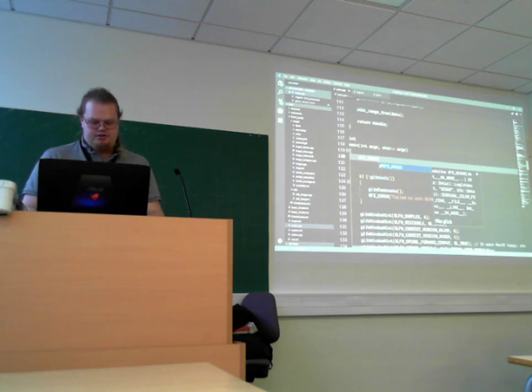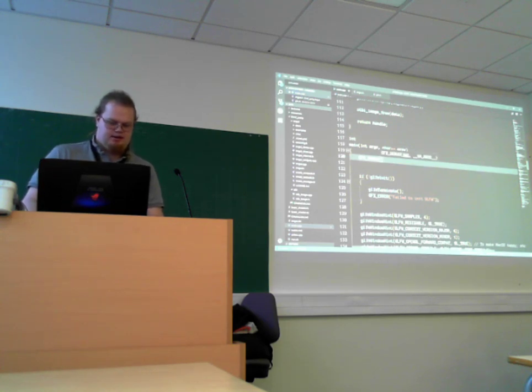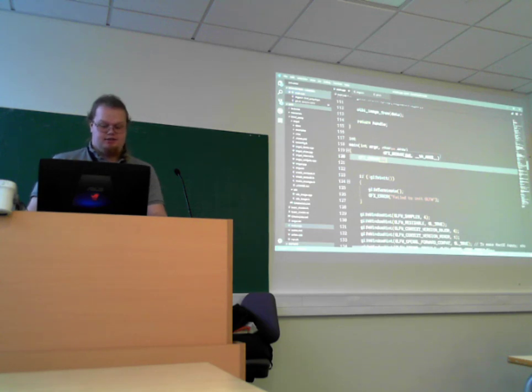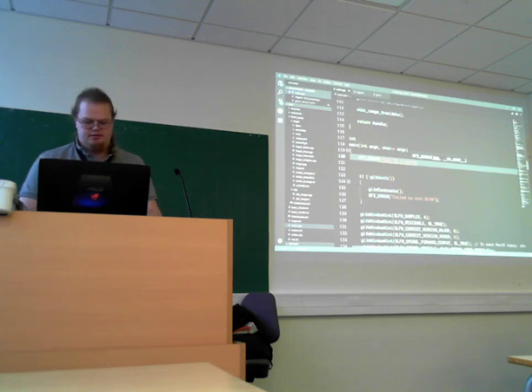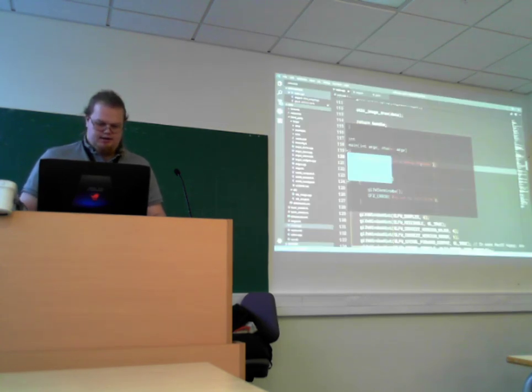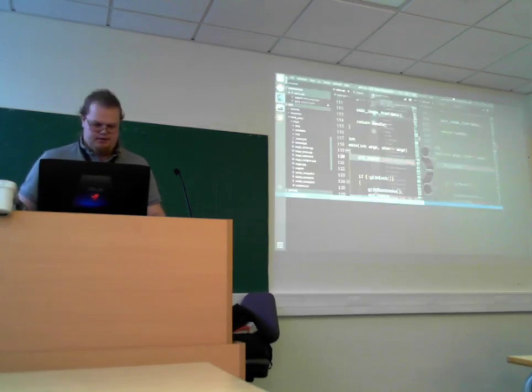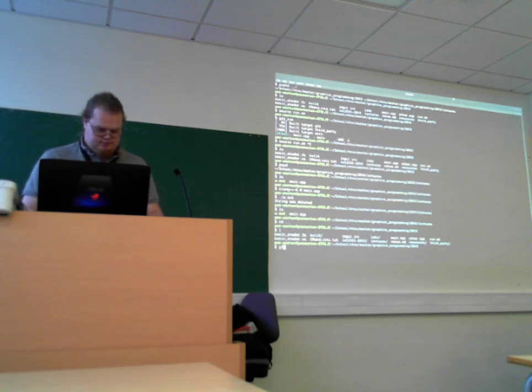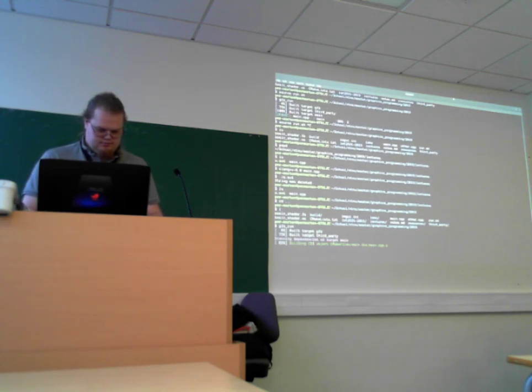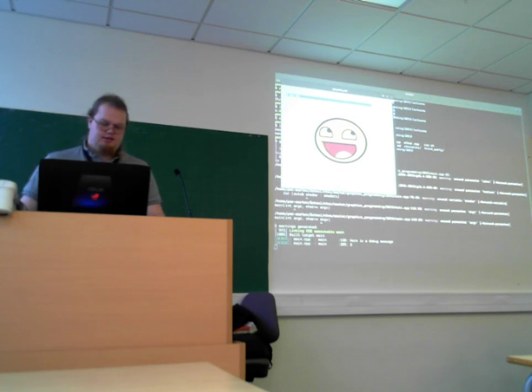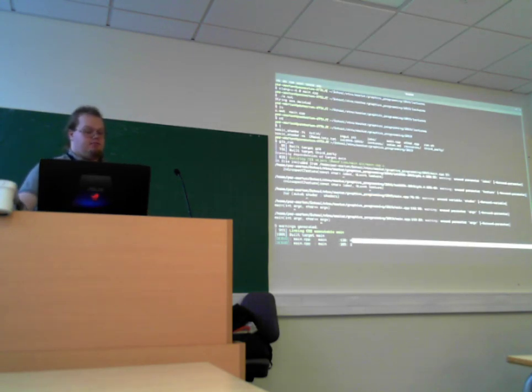We're supplying you a bunch of macros to help you with debug information. They take printf style arguments, and essentially what that means is that I can write here "here is debug message" like that, and then I'll get to the terminal where I actually run it. Cool, and you can see in the back here that it says here is debug message.